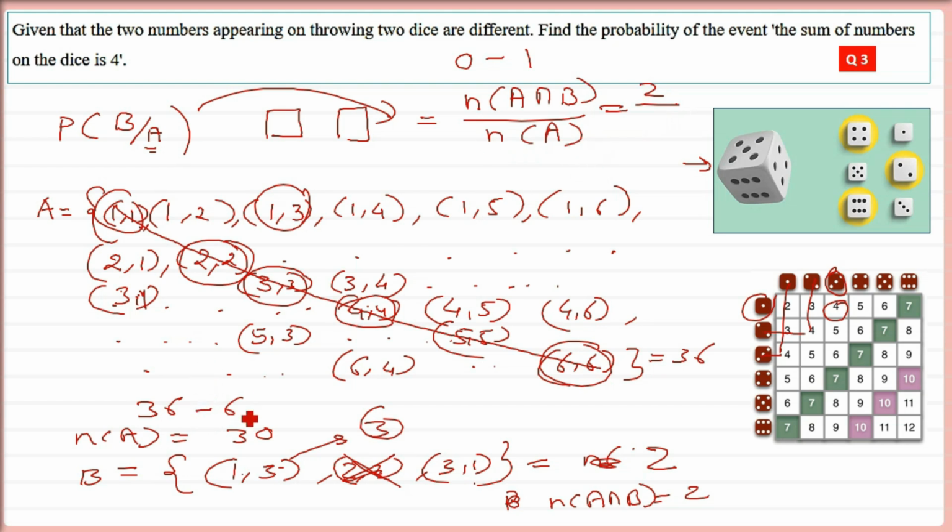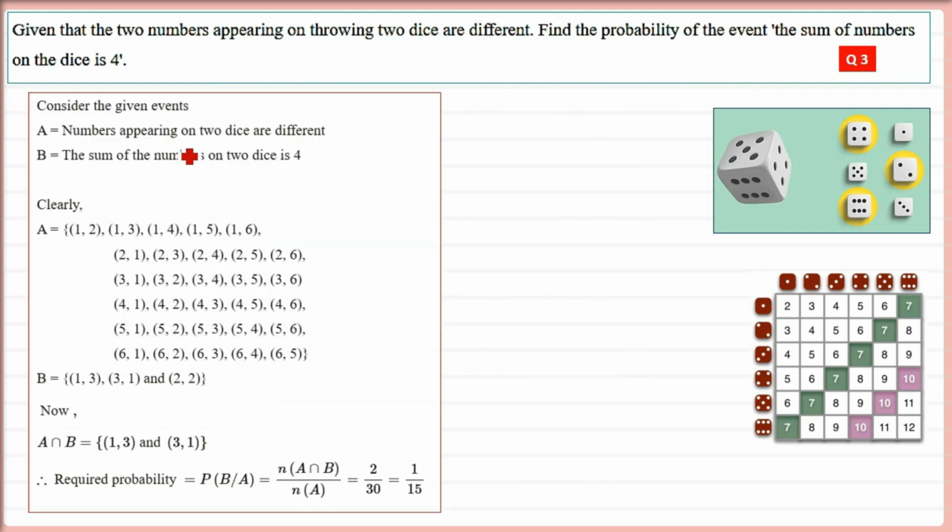Number of elements in A, as I suggested, is 30, not 36. It will be 1 by 15. So whatever I told you is in front of you. This is how you're going to go about it. You have to form this A and B. You can change this A and B by yourself. It can be written as P(B|A) or P(A|B), depending upon what you have chosen